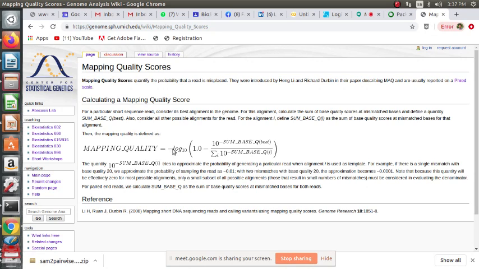So again, why minus log to the base 10? That is because here we are taking a value which is going to be less than 1, right? 1 minus something will be within 0 to 1, so the log value will be negative. In order to make the log value positive, we just take the minus log.